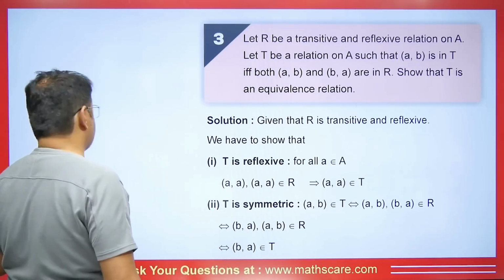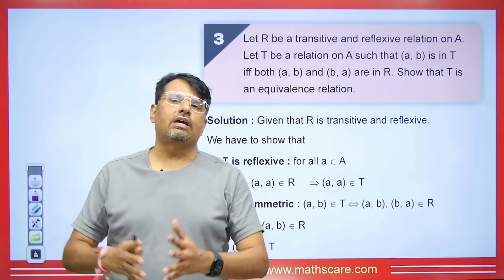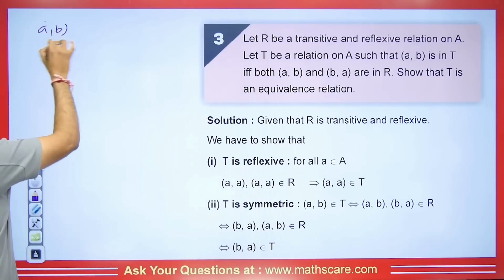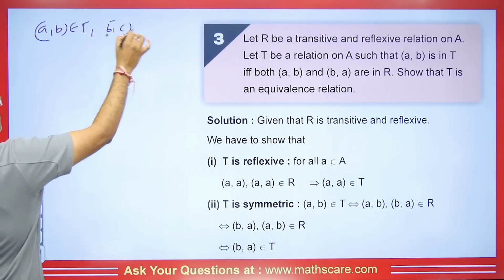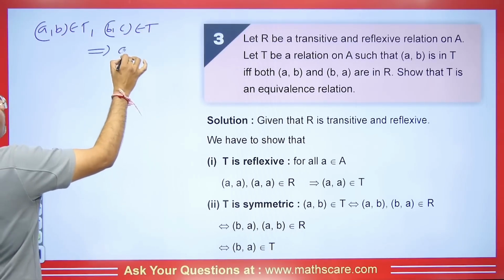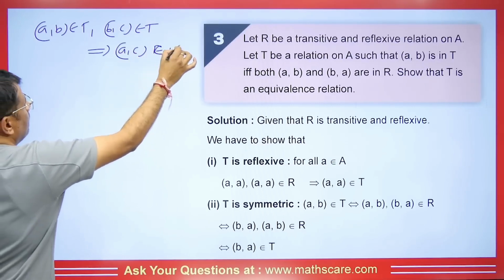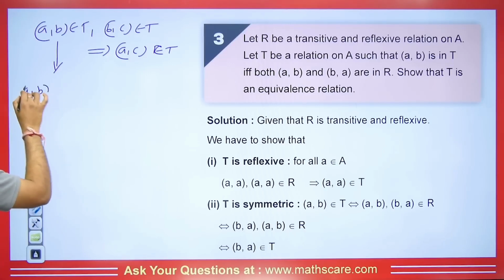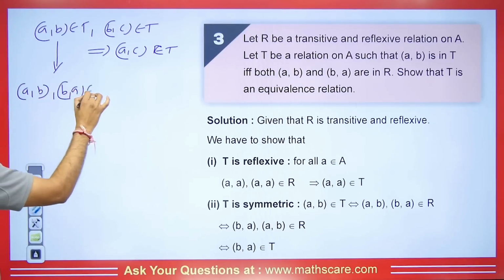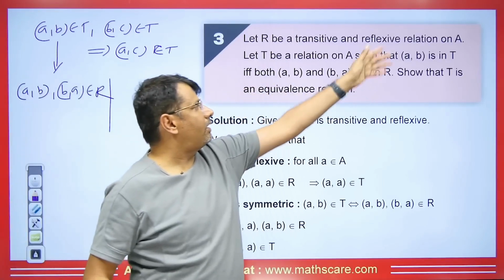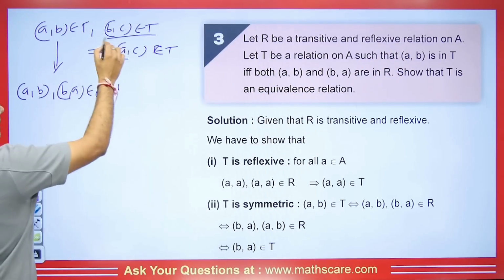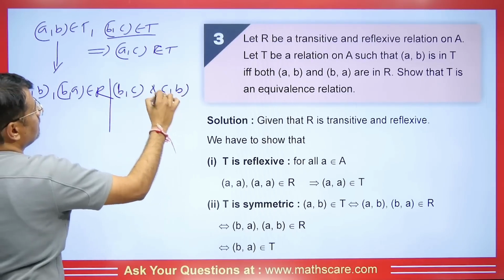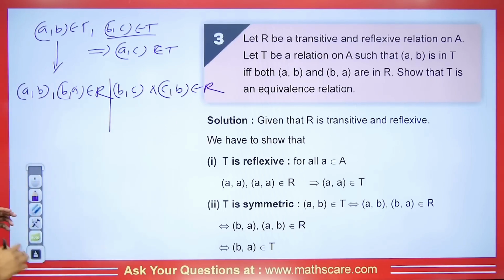Now we'll discuss if this relation is transitive or not. Here we have to prove that T is transitive. We have to prove that if (A,B) is in T and (B,C) is also in T, then we should also have (A,C) in T. Okay, right, students? We need to understand the definition. If (A,B) is in T, it means that (A,B) and (B,A) should be in R. Remember this definition. If it's in R, then it will be in T, right? So if we have (B,C) in T, what does it mean? (B,C) and (C,B) should be in R, right? Now what we do is one by one we see them.